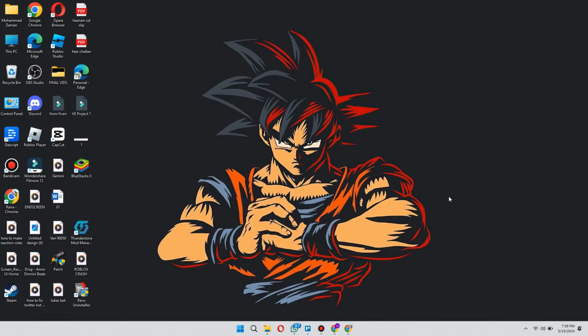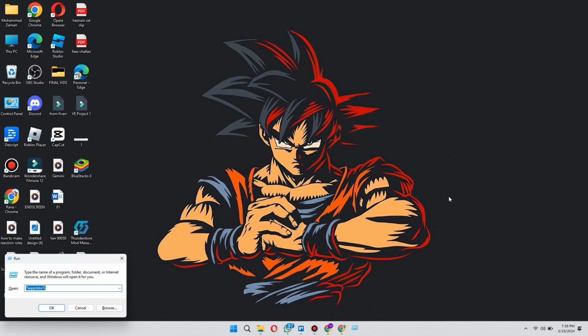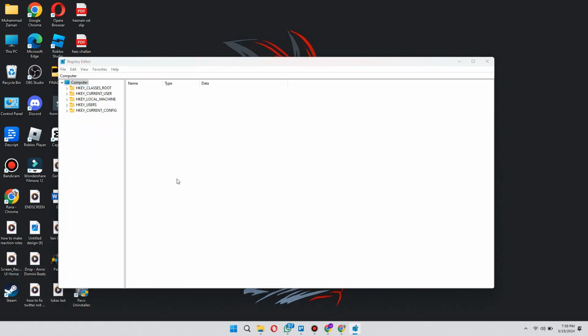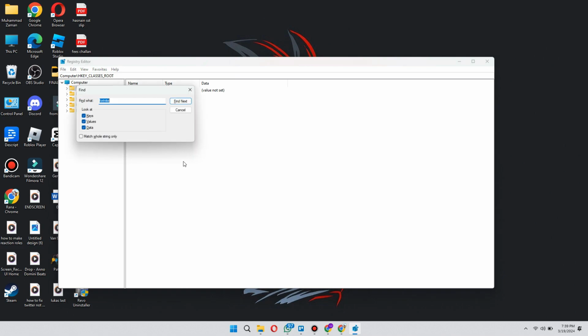Now open Run by pressing Windows plus R on your keyboard and search for regedit. After the service has been launched, press the Control key plus F and search for Fortnite. After you get to a file like this, delete it and repeat the process until all of the files have been removed. After that, again open the Finder dialog box, but this time search for Epic Games and delete the